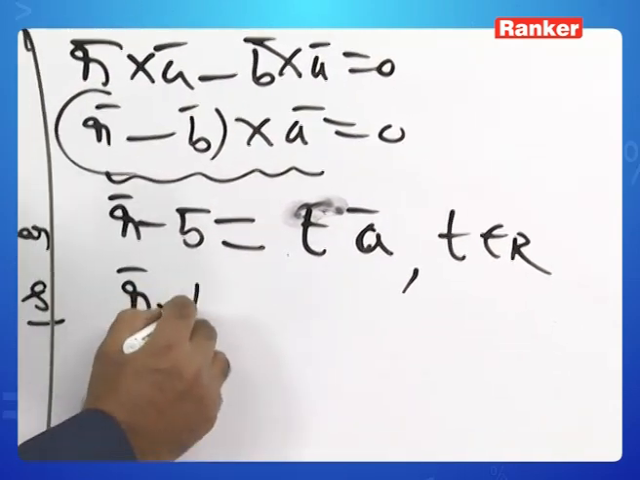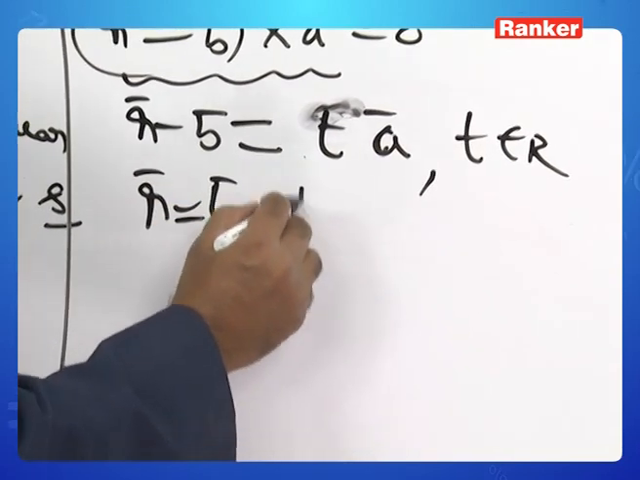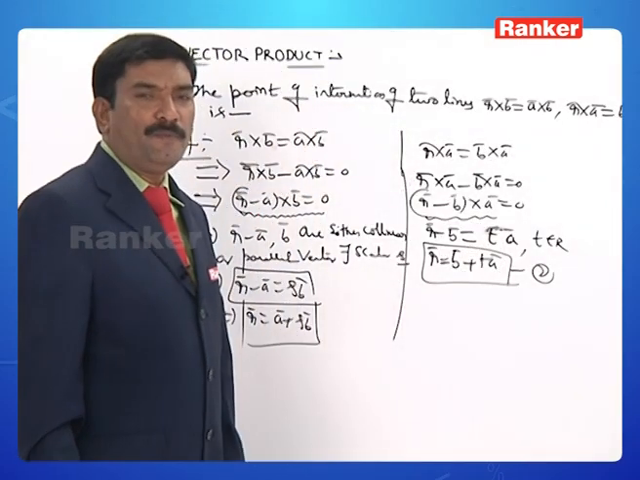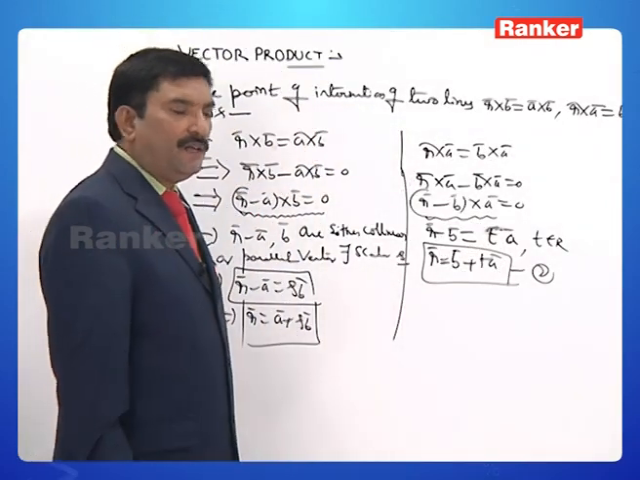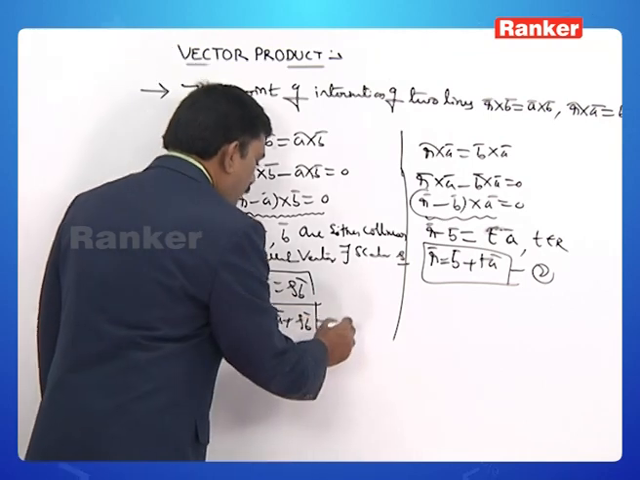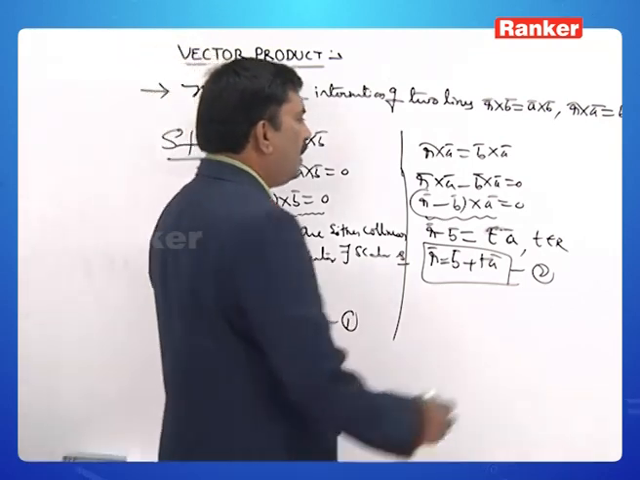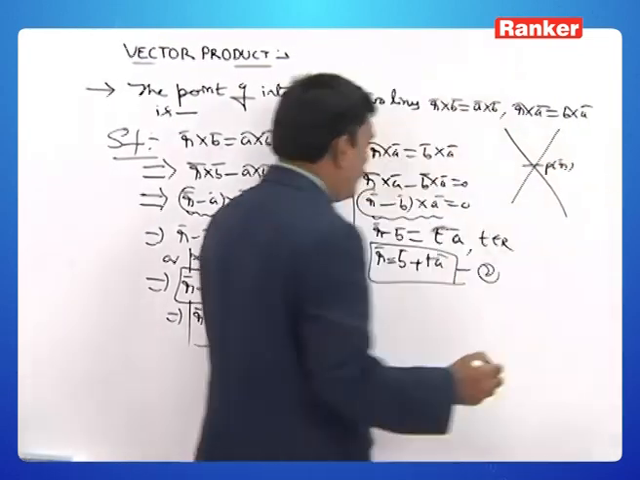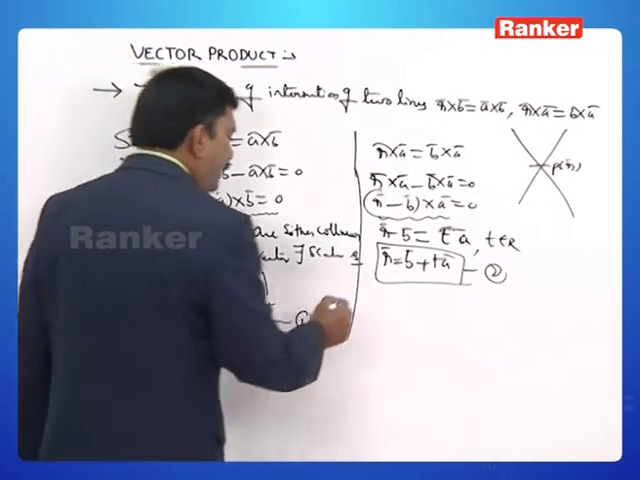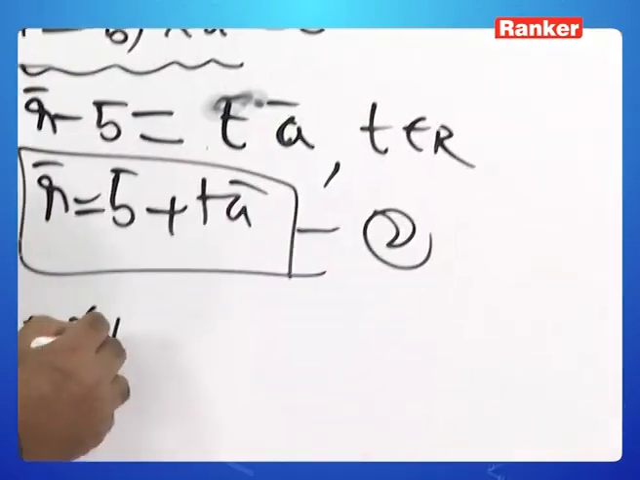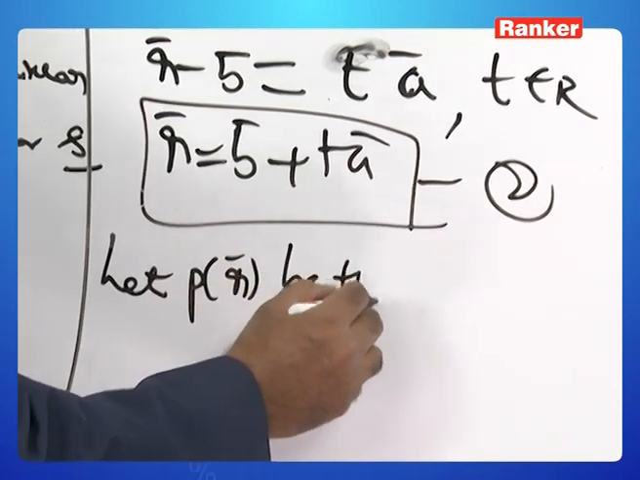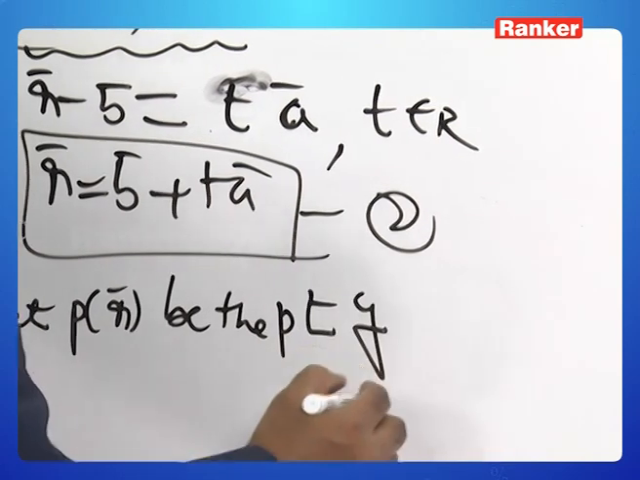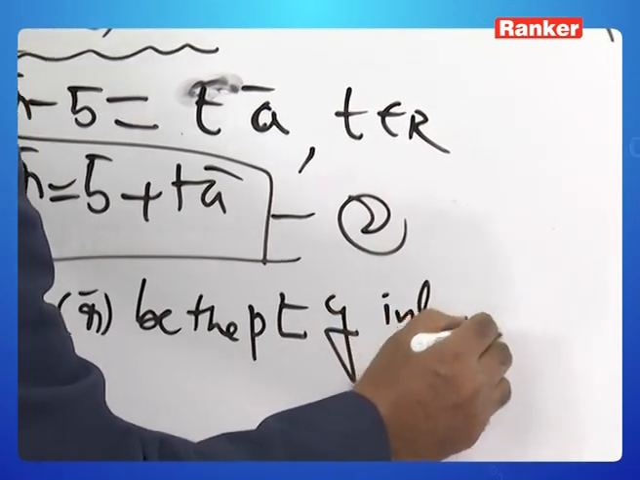So R bar is equal to B bar plus T A bar. This is also a line passing through the point B bar and parallel to the vector A bar. So now you take this as 1. Now this is 2. Let us assume that these two lines intersect at P of R bar. So let P of R bar be the point of intersection